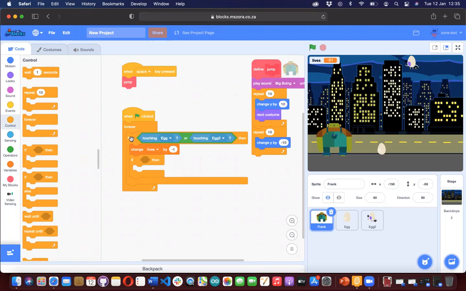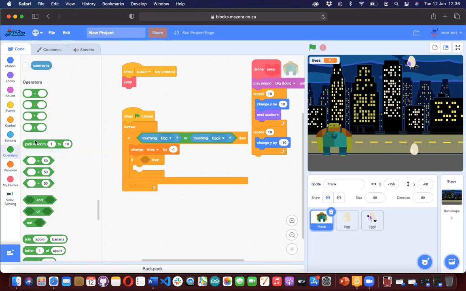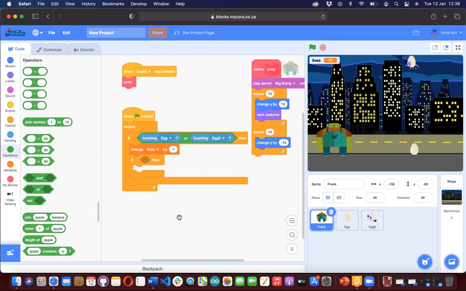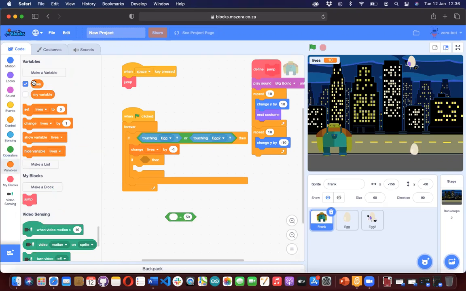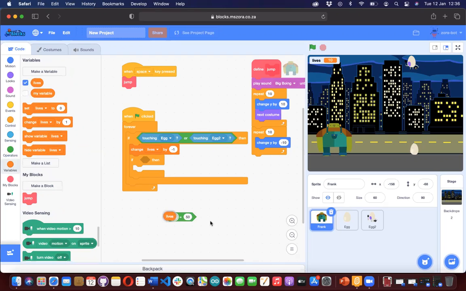So if we have an if block inside of another if, we call that a nested if. So now we are going to say, because we want to stop the game now, if the lives, operators, if lives equals 0,